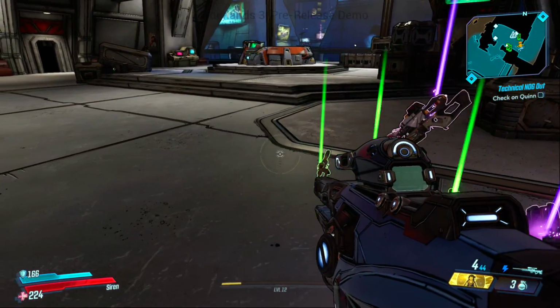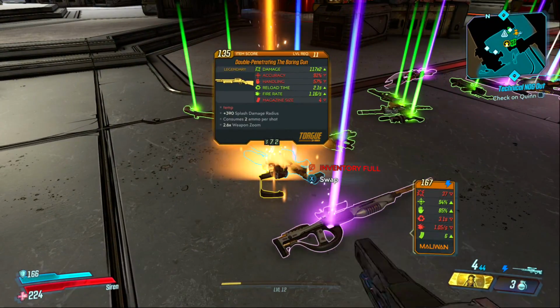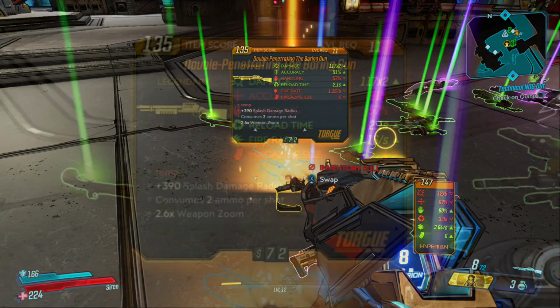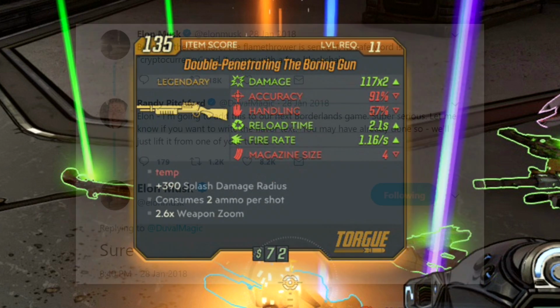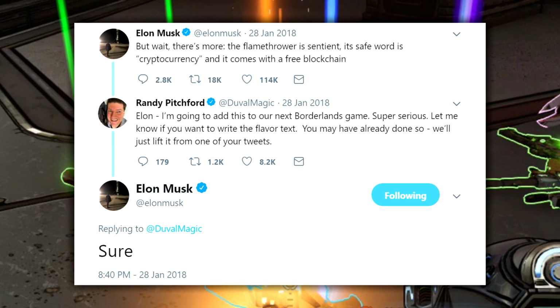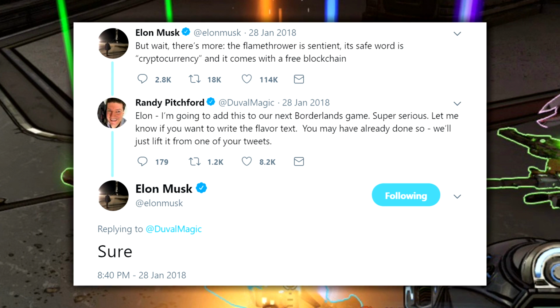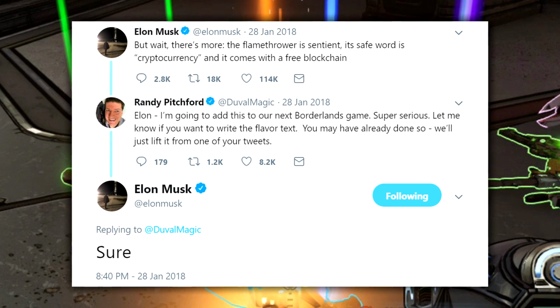Moving along here, we have a very interesting gun. We have the Boring Gun. That may sound like a contradiction, but I promise it's not. This is the Elon Musk-inspired weapon with the flavor text of temporary. Now, what's interesting about this is apparently Elon Musk has the ability to name the flavor text here and write it out himself, but right now it just says temp, so hopefully Elon Musk will give us some proper flavor